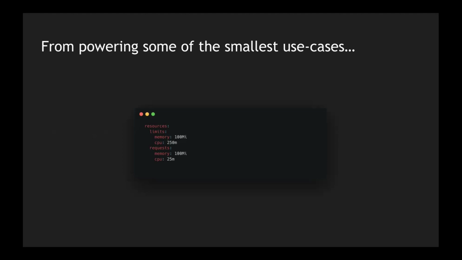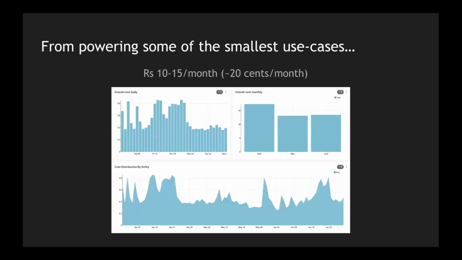What would you think would be the cost of this job per month? Any guesses? It's a production job with monitoring and everything. Any guesses on the cost? Like a random guess. Any guess? 1,550. Sorry? $10. Tell in rupees, I would say, not in dollars. $10 is very high. I'll just show it. It's actually 10 rupees per month.